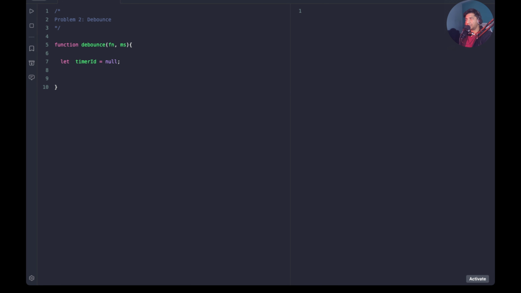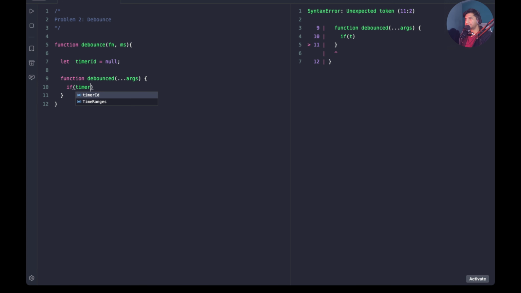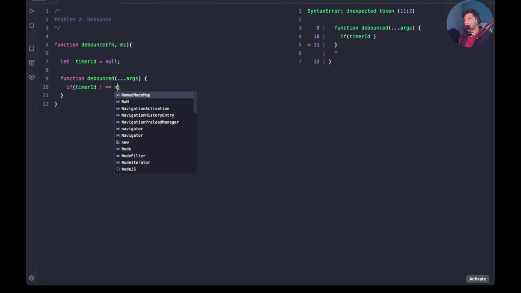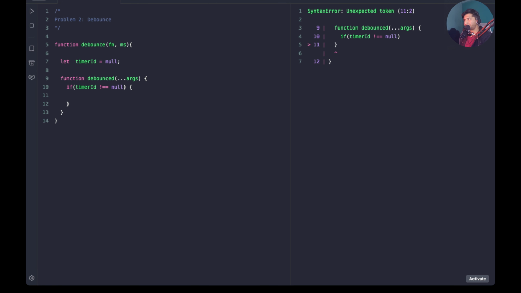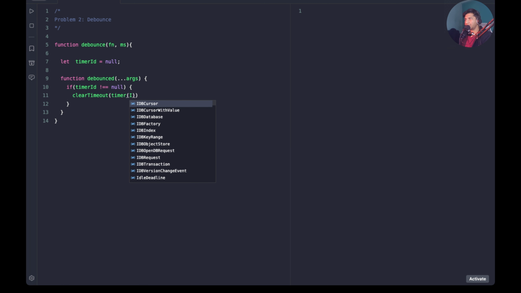So it is a closure function, and this will internally return a function, debounce, which takes the arguments, whatever you are going to pass, and we are inside the debounce function. What we will first check is, if there is already a timer started, then